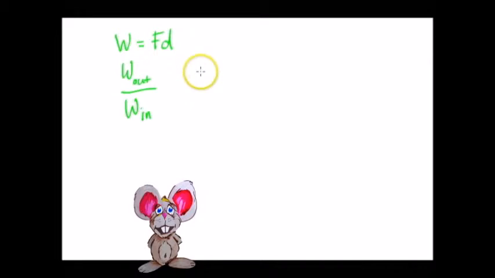So work equals force times distance, okay? A pulley system's efficiency is work output over work input. It's a ratio, so work output divided by work input. Okay, so what is coming out of this, right? What are we getting in regard to what we put in? And that's our ratio, or percentage, or decimal, or fraction, however you want to say it. They're all the same thing, right? Fractions, decimals, and percents are all the same. So what we're going to look at now is,